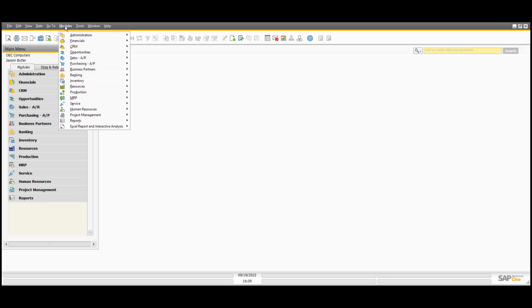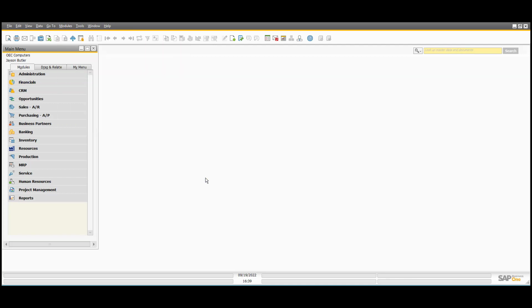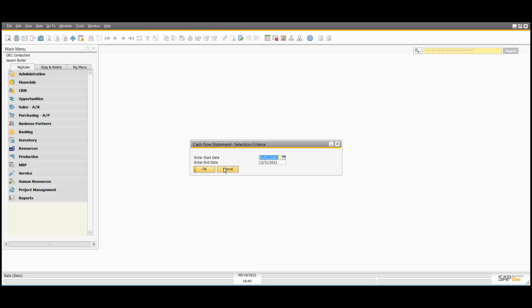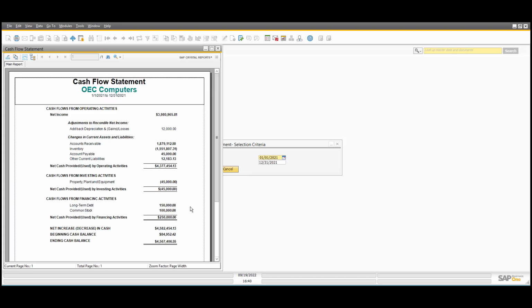You can come to your financials and find the financial reports, cash flow statement, and then you click OK. And there you have your